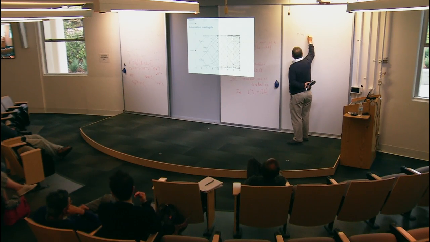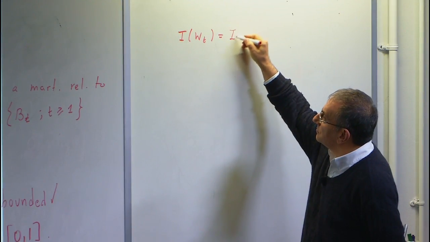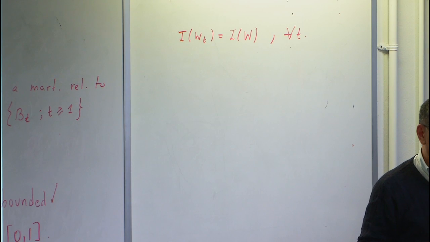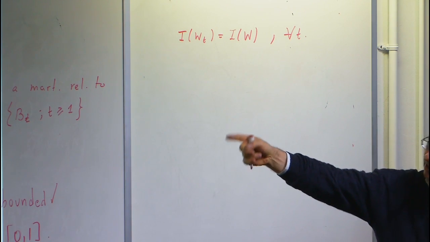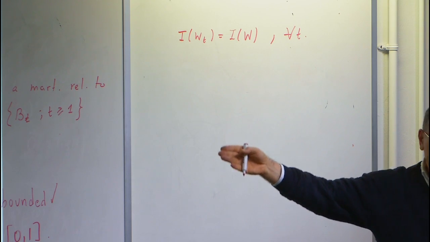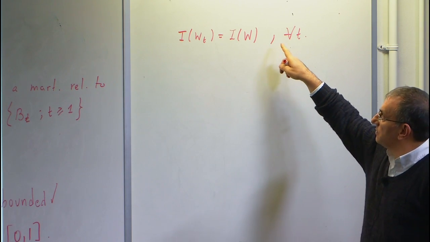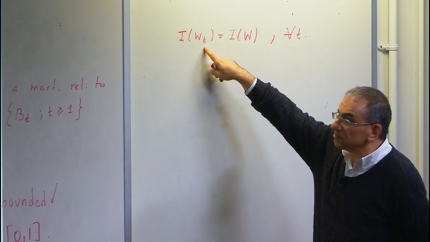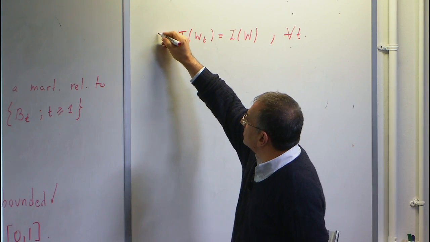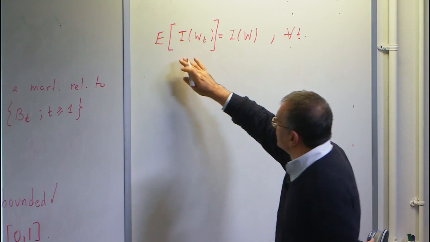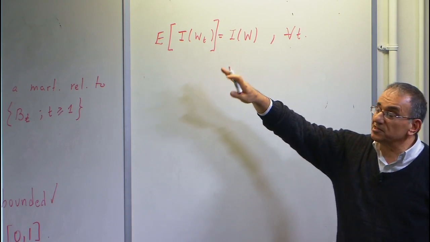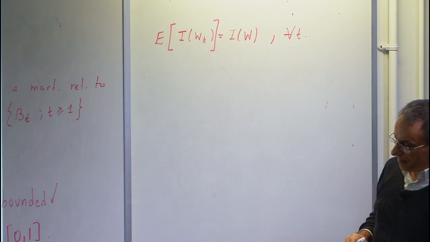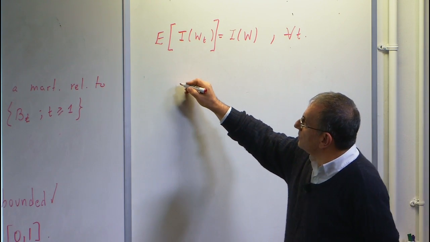For every t, because we have a martingale and conservation, this is true. For all t, for every finite t, right? You can show it by induction. Because we have a martingale, if I stop at time t, my expected fortune at time t is the same as my initial fortune, because it is a martingale. Fine.